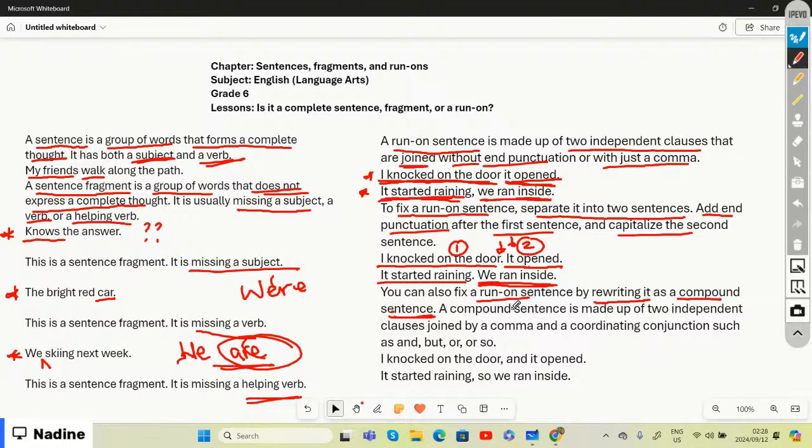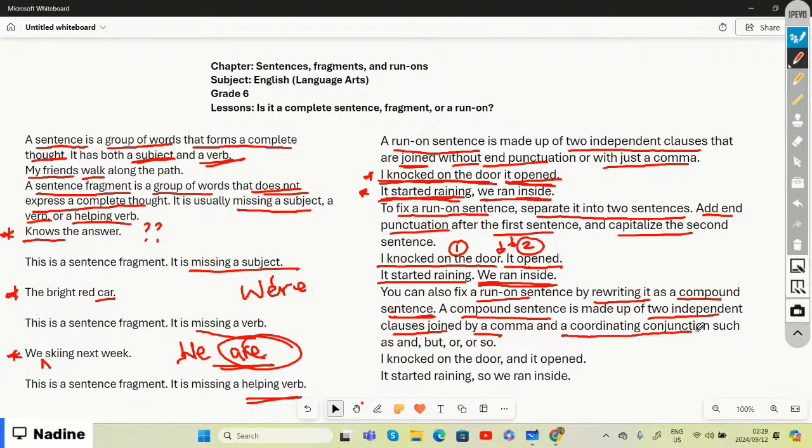A compound sentence is made up of two independent clauses, for example, "I knocked on the door, it opened," or "It started raining, we ran inside." That is two independent clauses. But now a compound sentence is made up of two independent clauses. It is then joined by a comma